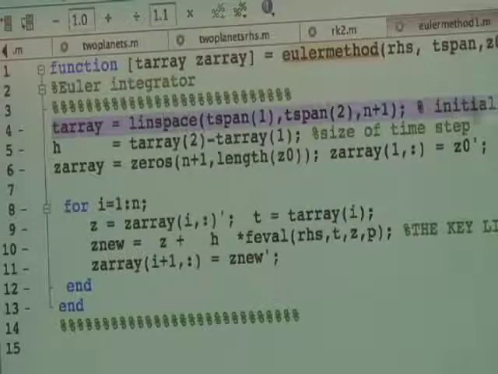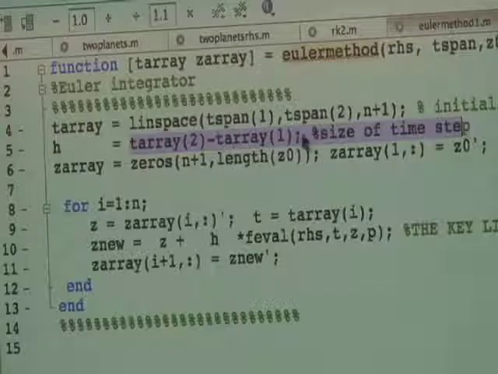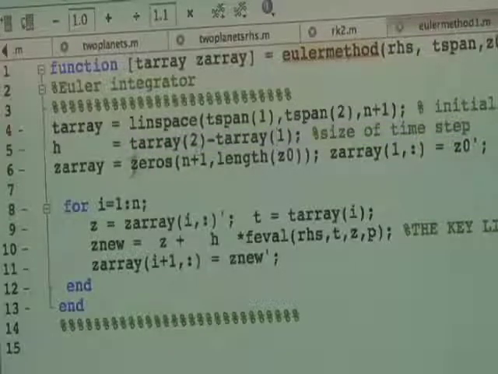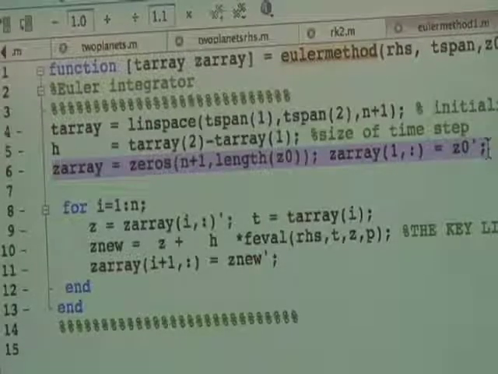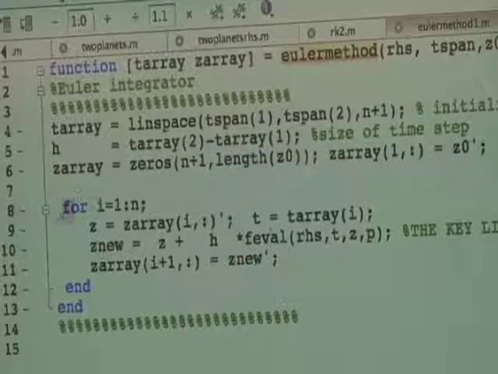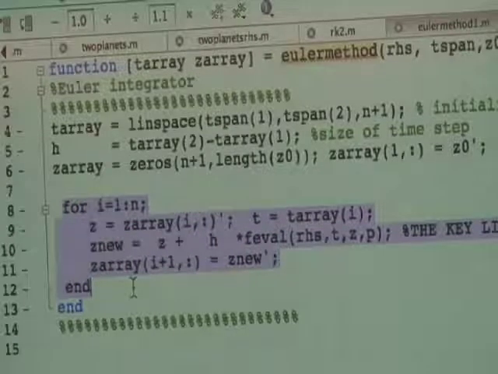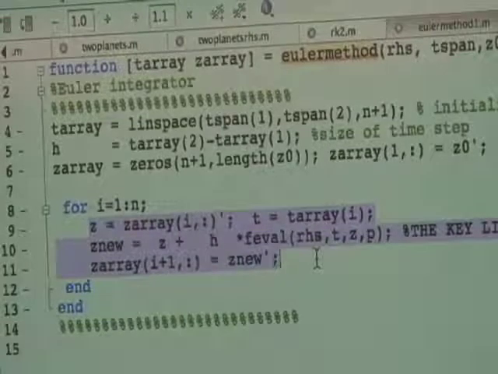So I set up this messy thing, which is a list of times. These are times I'm going to step forward. I'll just calculate the step size. All this is taking the length of the time interval and dividing it by the number of steps, or taking the difference between the first 2 times. I set up an array which I'm going to store my solution in. Each row of this array is going to be the list of x's and y's and v's at each time. And then I have my solution to the differential equation, which works for all of mechanics and all of science. So this is all of math 2930 in these 3 lines of code. We can solve every differential equation.